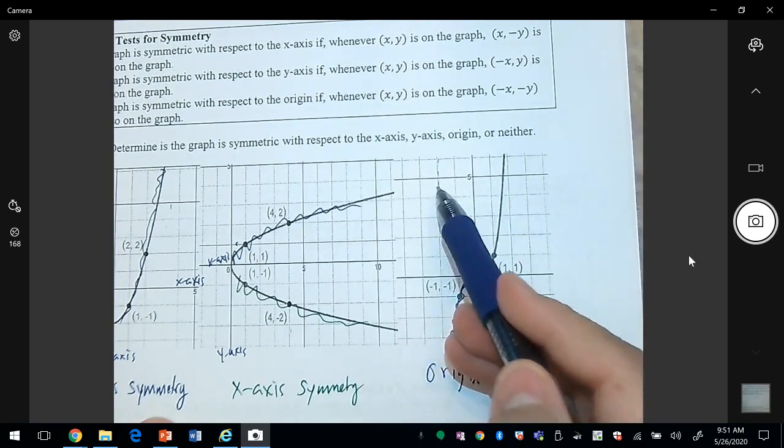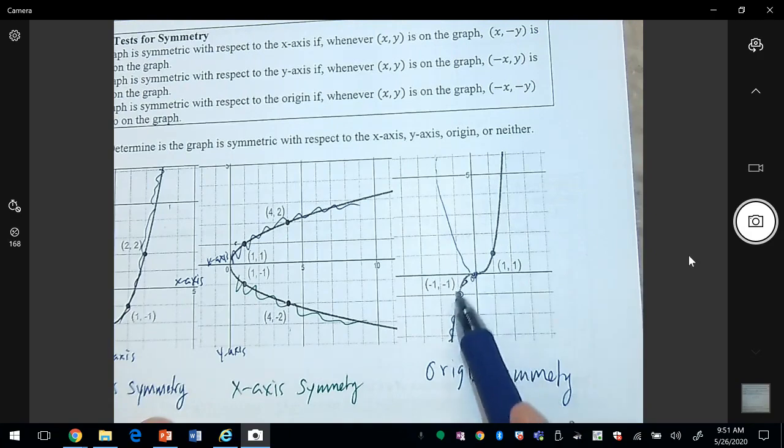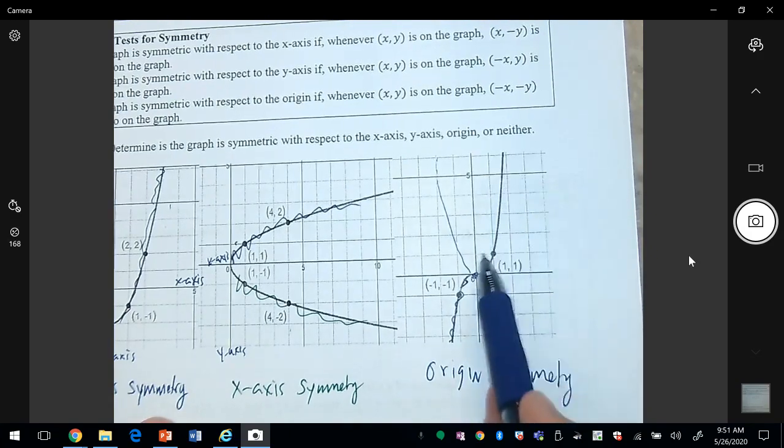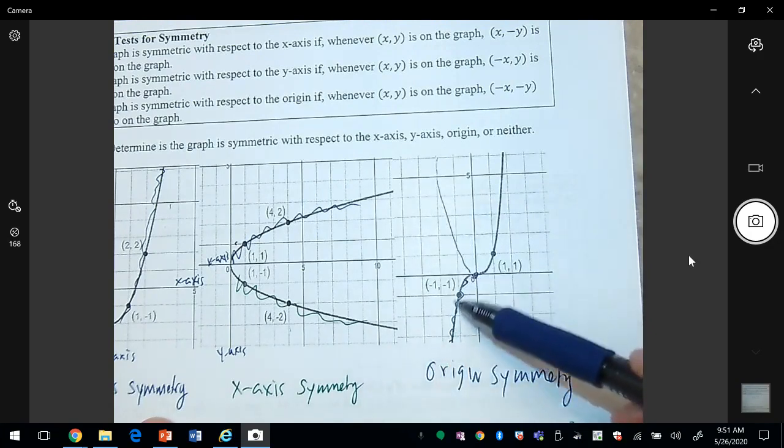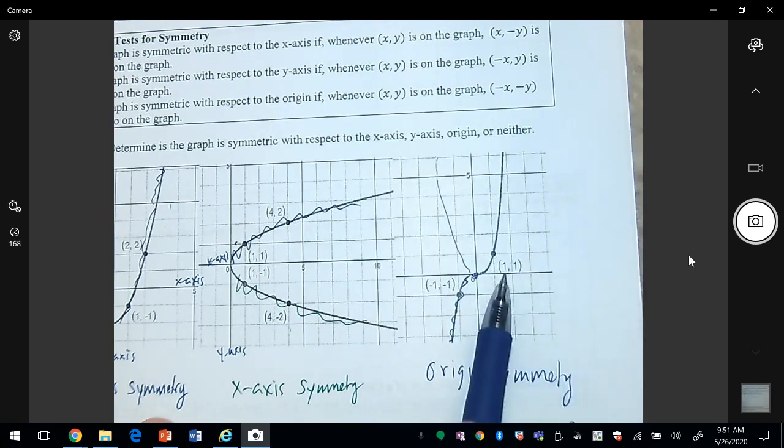And then if you apply the x-axis symmetry, does it land on that bottom part of the graph? And so here, if I fold it, it lands over here. And if I fold it on the x-axis, then it's going to land on this side. Or you can look at the points. You went from 1, 1, and then